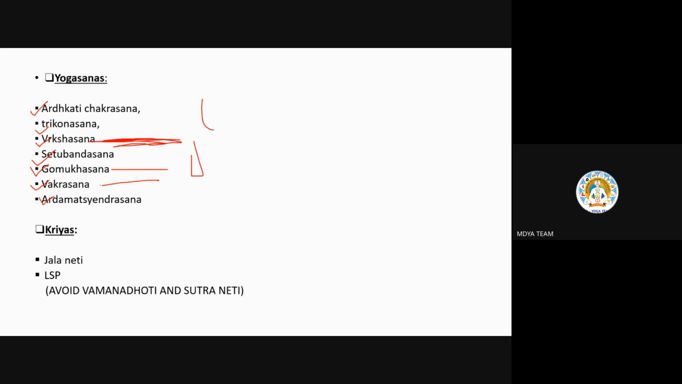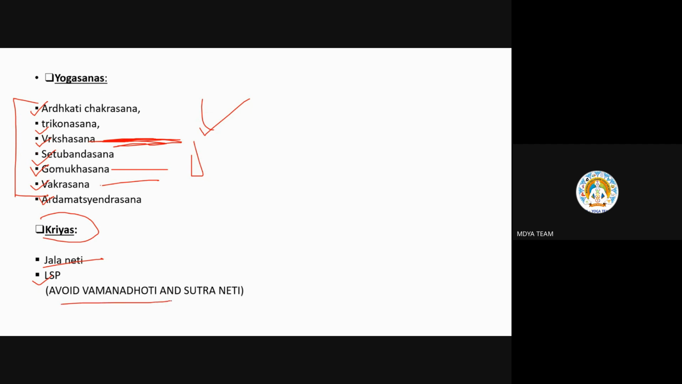The main point is, if the person is unable to do all these practices, it's okay. No need to force him. If he can do it easily, fine. The person should go for more practice of pranayam. That is also very good. Pranayam is main. Then kriya: Jalneti we can give them, and LSP, that is Laghu Shankh Prakshalan, but